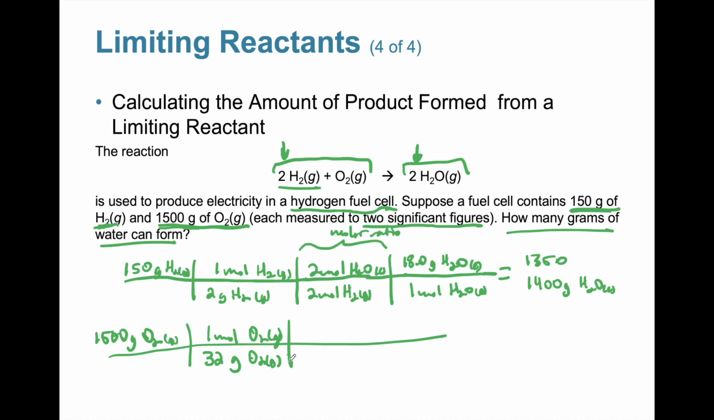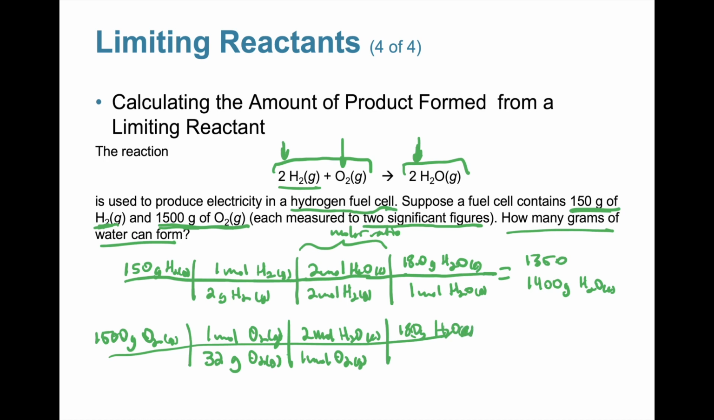And now I've got to do the molar ratio. This is a different molar ratio now. 1 mole of oxygen for every 2 moles of water. So for every 1 mole of O2 gas, I get 2 moles of H2O liquid. And then now the same thing as before, I got to convert those moles of water to grams of water, and so that's 18 grams of H2O